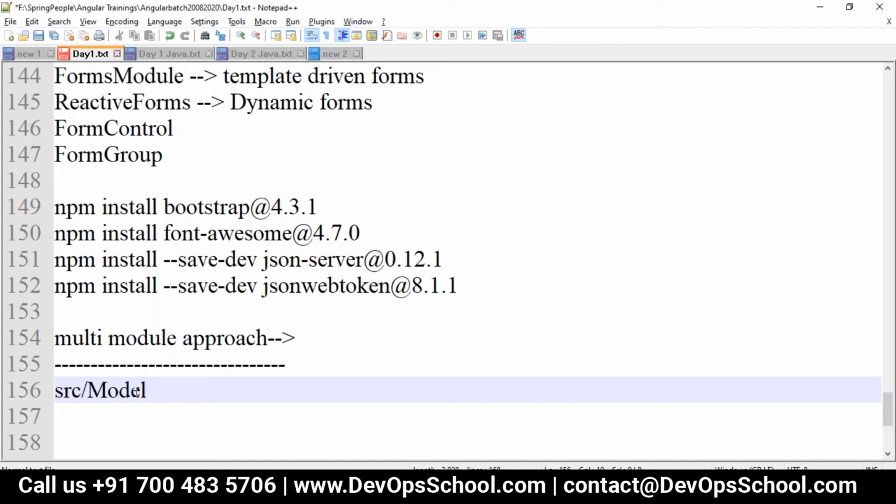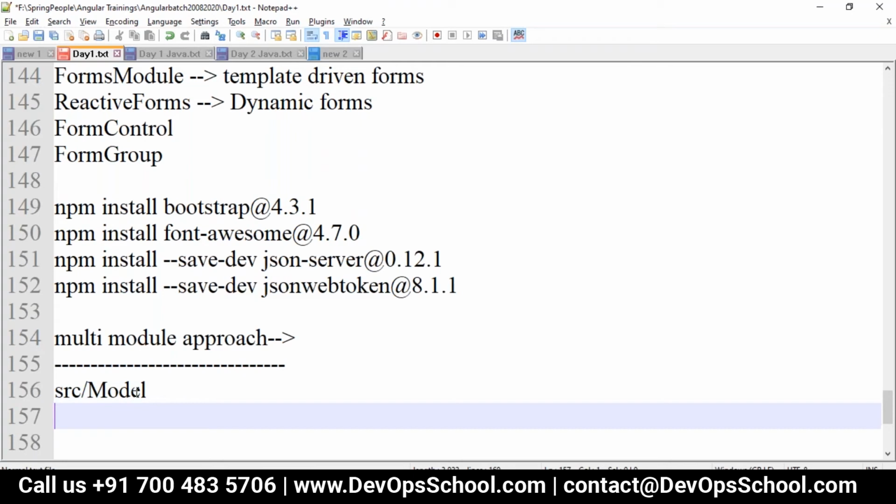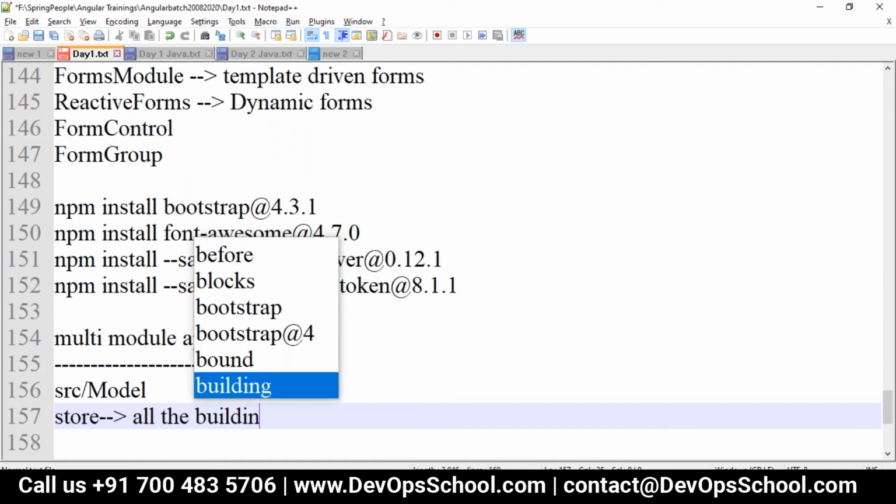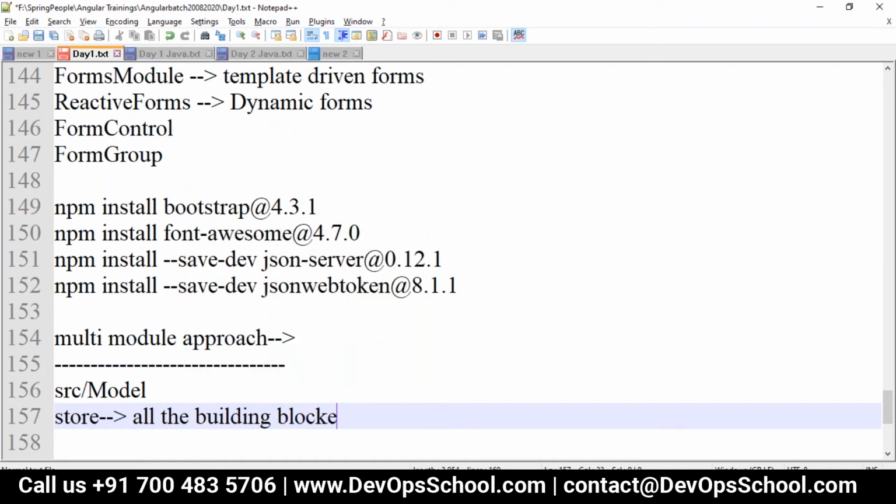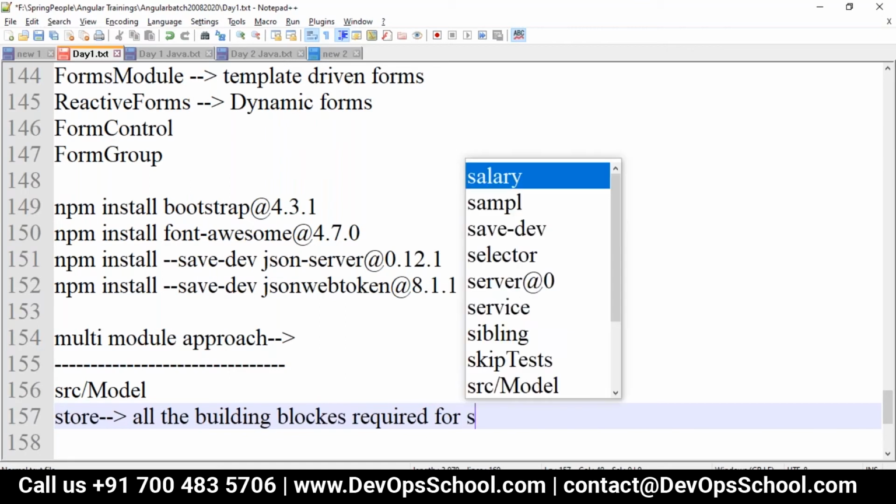After that, we want another module which is called the store module. The store module will contain all the components, directives, and building blocks required for the store.